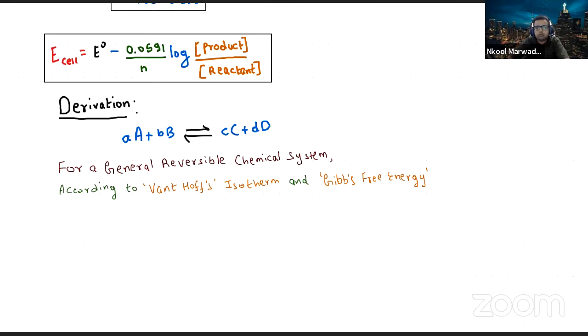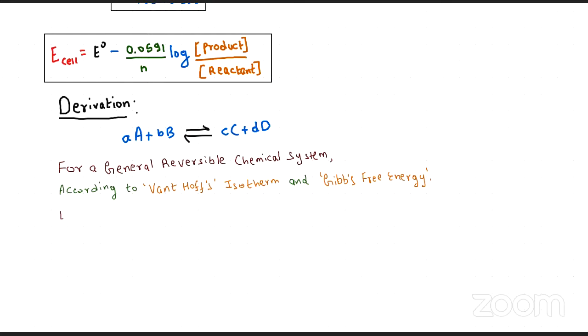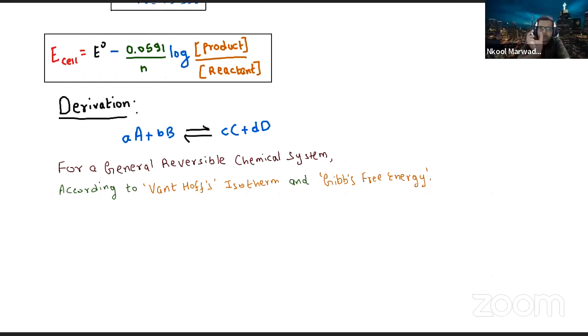According to this Van't Hoff isotherm, I can write one very important relation. Let us write that. So that relation says that delta G, that is the change in Gibbs free energy,